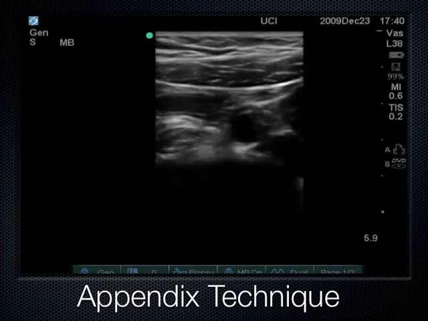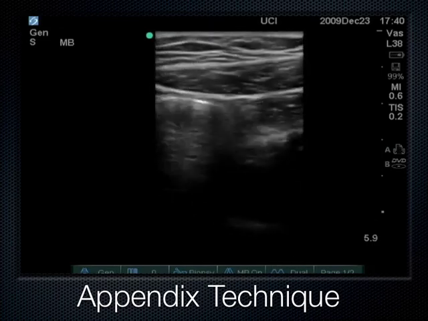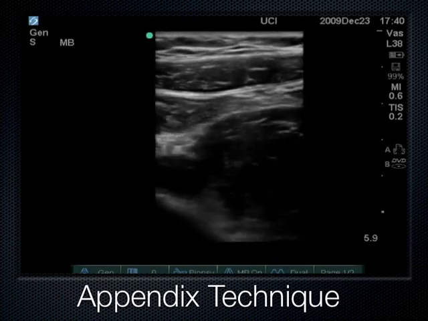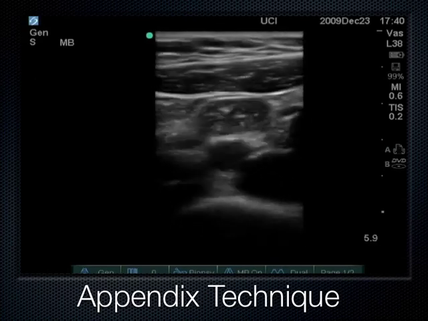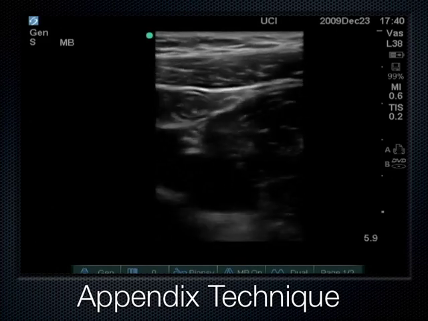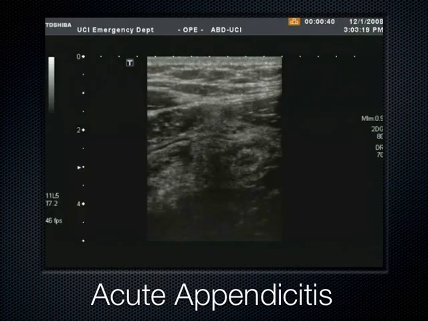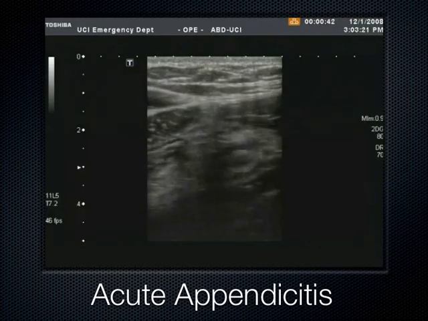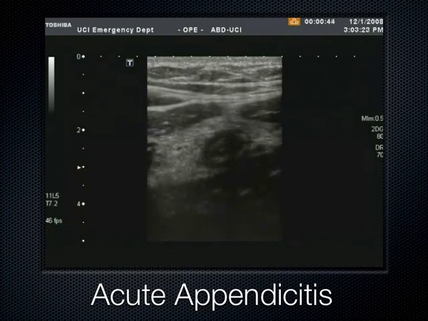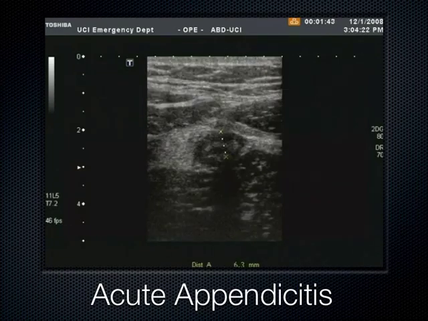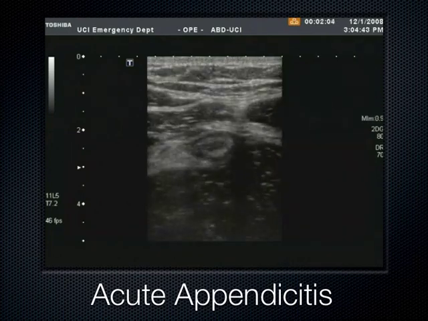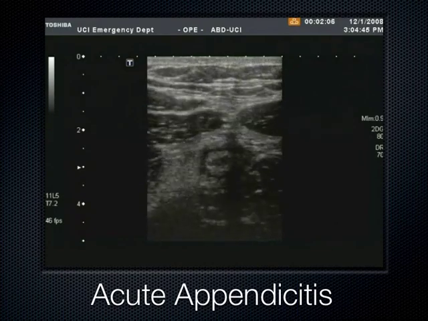And there's loops of bowel that gets sandwiched between the psoas, which is a very long muscle. The psoas sandwiches the bowel. Now, if the bowel is normal, it just compresses, squirts out of the way like it is here. But if the bowel is abnormal, if it's acute appendicitis, then you get this round structure here that's more than 6 millimeters, that lacks peristalsis, that when you compress psoas all the way up to abdominal wall musculature, here's some abdominal wall musculature, probably abdominal oblique, here's rectus, this is psoas, it squishes that appendix there, and